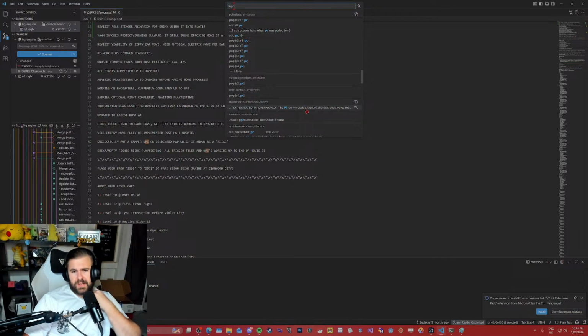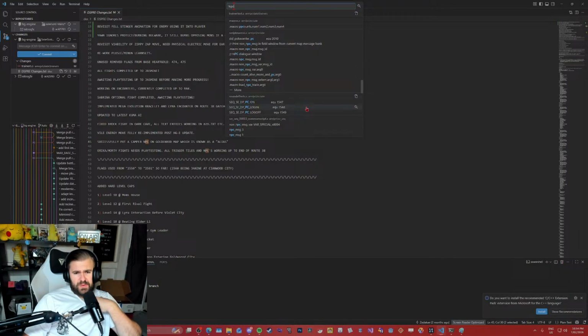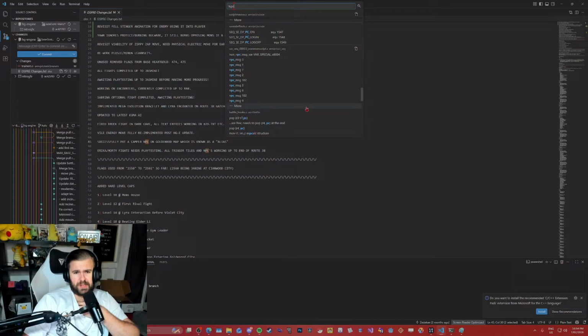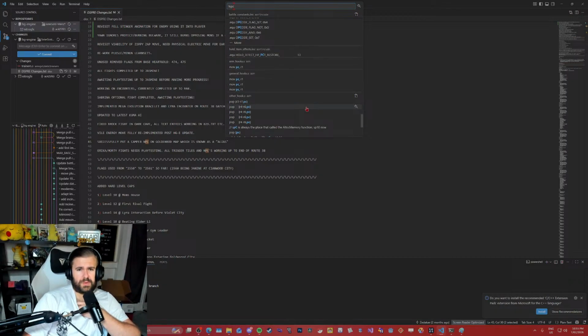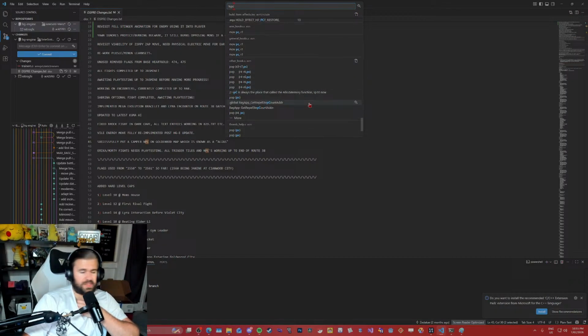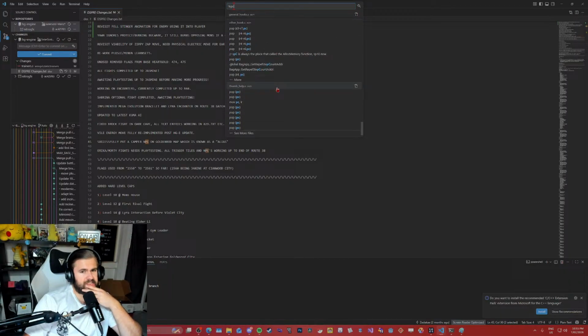I'm trying to find the files that I used to implement this portable PC, but I just can't remember what I did, because it's been so long. And the only way for me to remember is to go into my commits and look at my commit message. Because you write a commit message here. I'm trying to work out where that commit message is, and I don't remember what was said in that message.